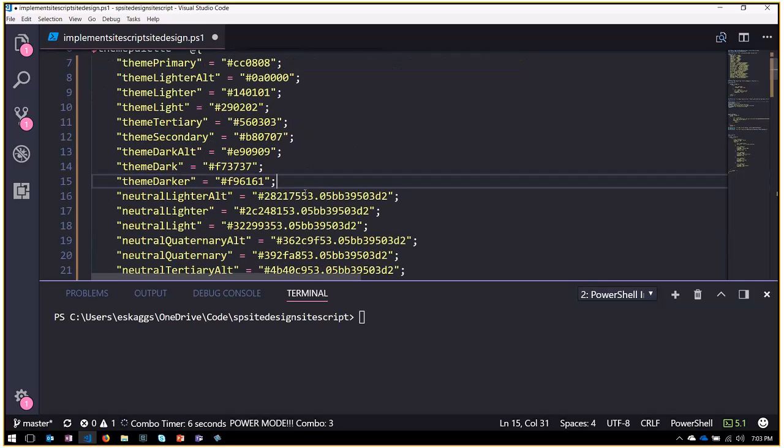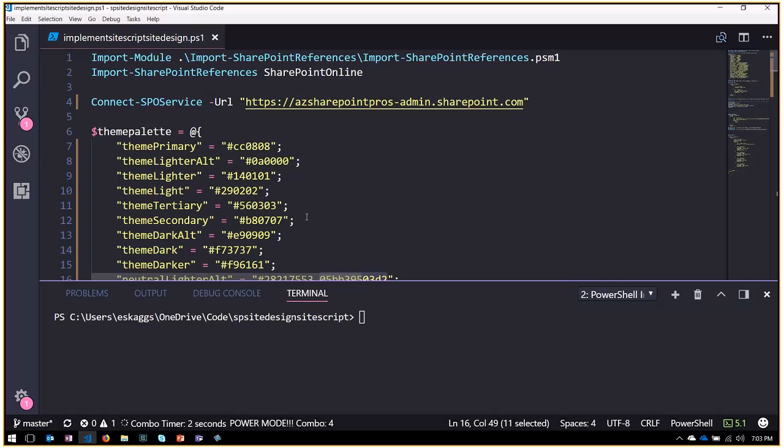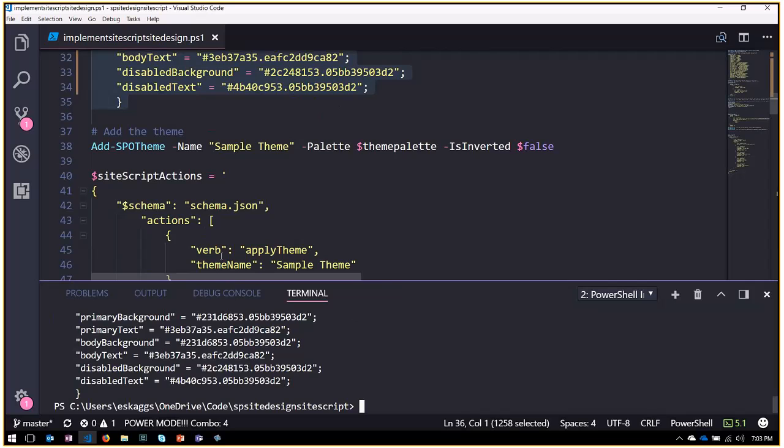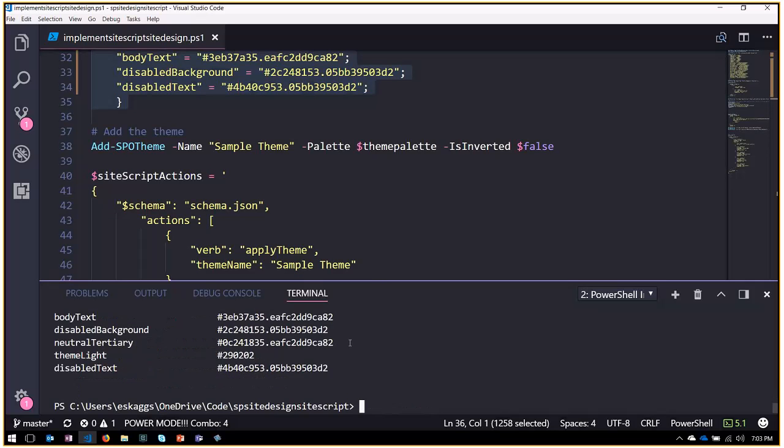Well, that's interesting. I don't know what this means. Hashtag number dot hex. We'll find out. So I'm storing that in a variable called theme palette, and I'm going to run that bit so that I now have a theme palette variable filled with that information. And so now I can run a PowerShell commandlet called Add-SPOTheme. So first of all, before I do that,